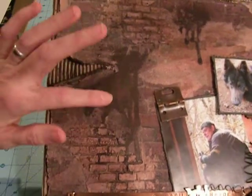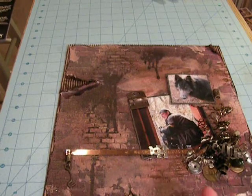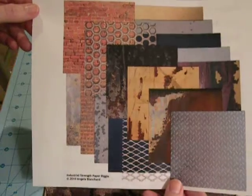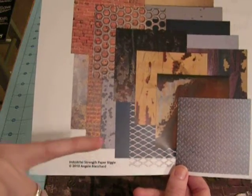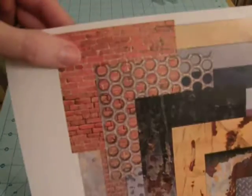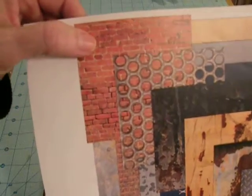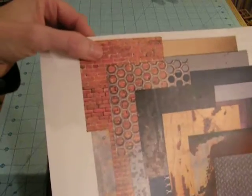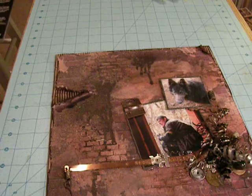First of all, I started everything on this piece of paper, and I printed it from my digital scrapbooking collection. I looked at my digital papers, and these digital papers in the Industrial Strength collection had this really cool brick pattern, so I used this one. However, I desaturated it and made it a little darker, because I wanted a darker grunge than the orange on this. So I desaturated it a little bit, and then I printed it out on